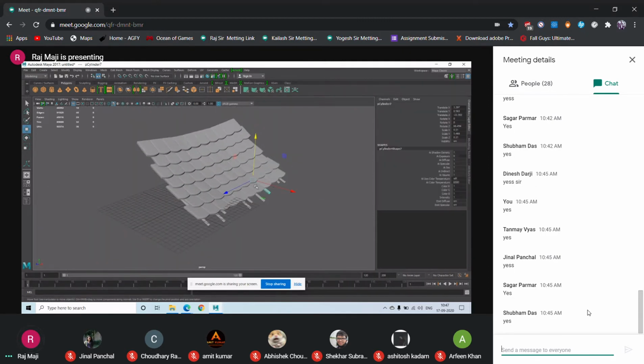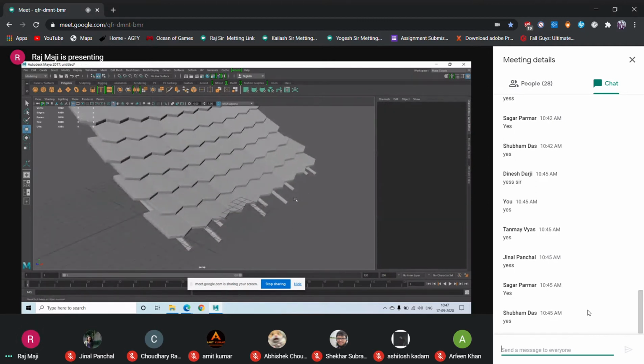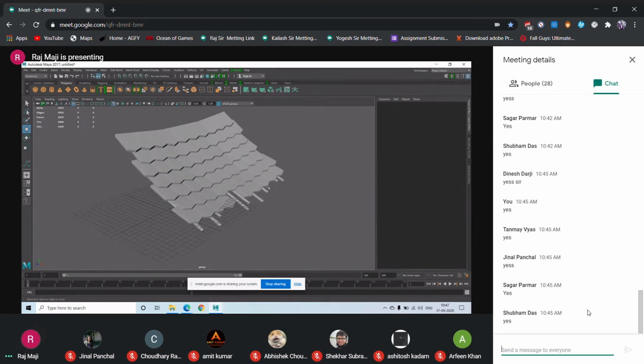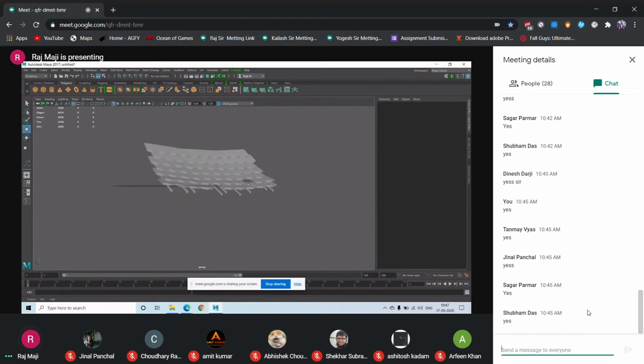Okay. So now I'm selecting this mesh separate, adding more realism. Okay. Some of the areas, the tiles are broken. Like this. Adding more realism.